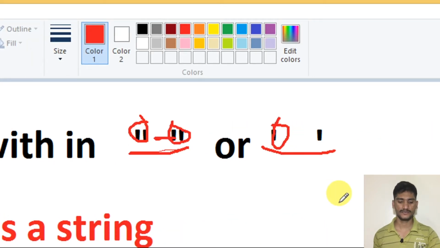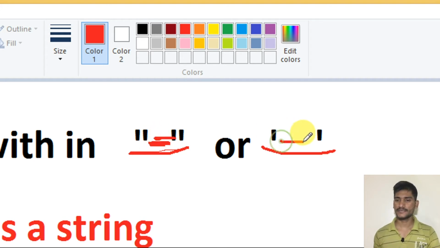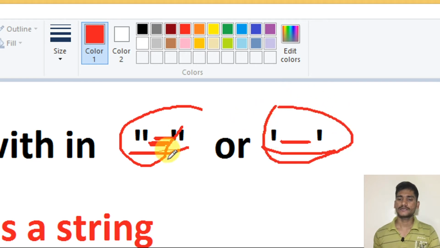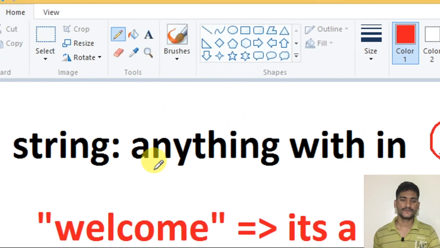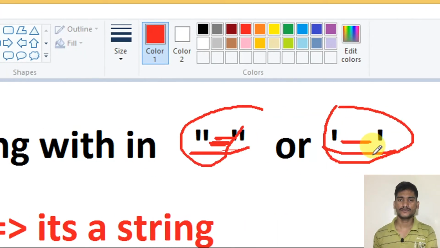If you write anything inside double quotes or single quotes, it is treated as a string.